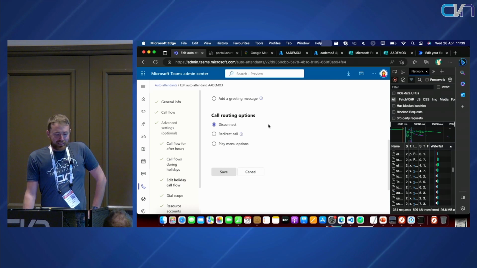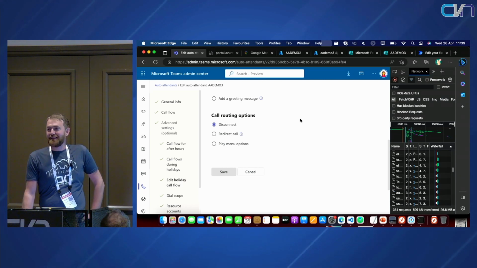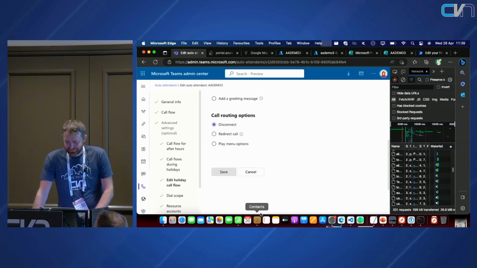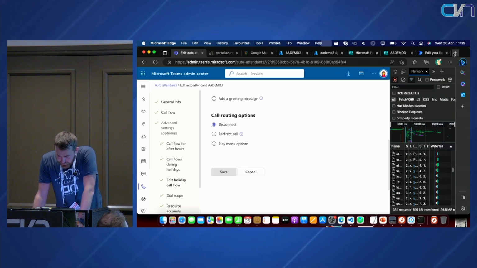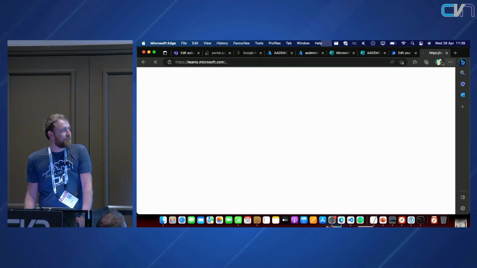So that's the Teams Admin Center. So at last, we're going to take a look at Teams Client. Did you know that it's all API calls in the background? But for this, let's see here. If we take a look at Teams Client in the web browser,